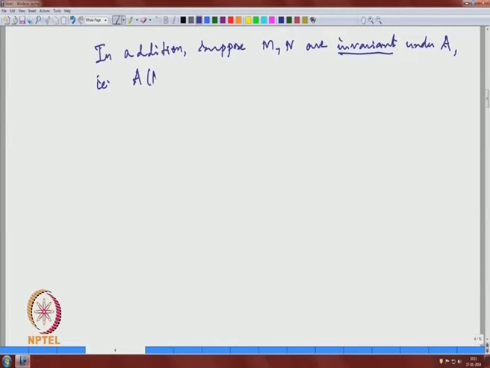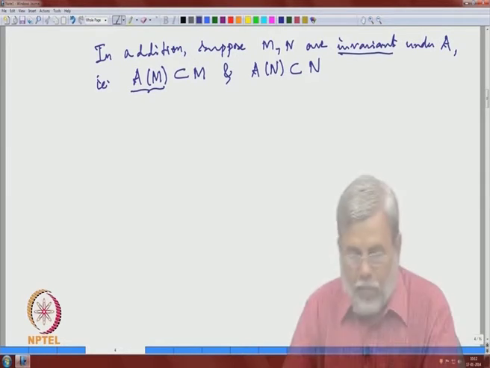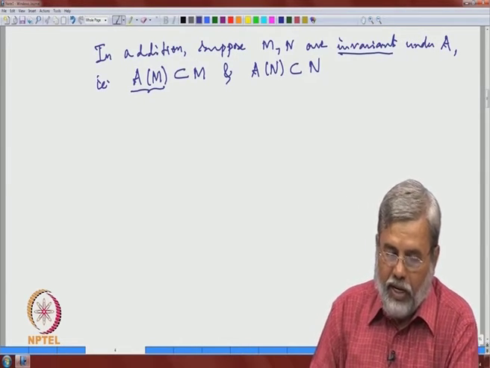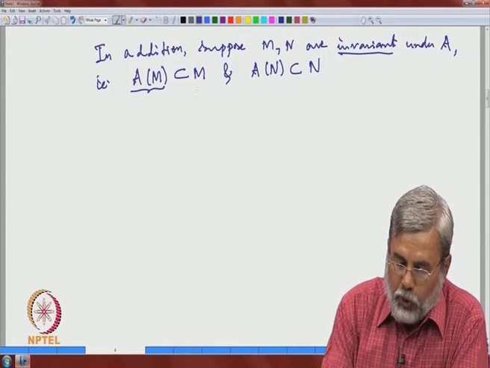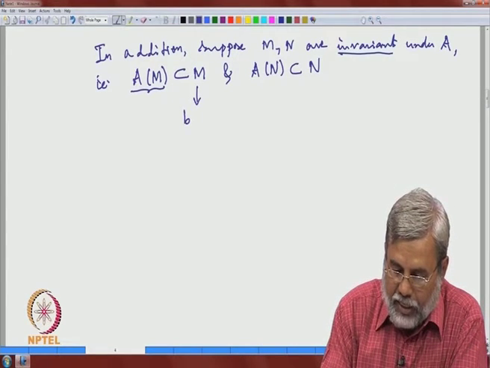So, you act A on every element of M and again that should be in M, and similarly for N. Okay. So, this means you act A on every element of M and the result should be back in M. Okay. In this situation, suppose we choose a basis in